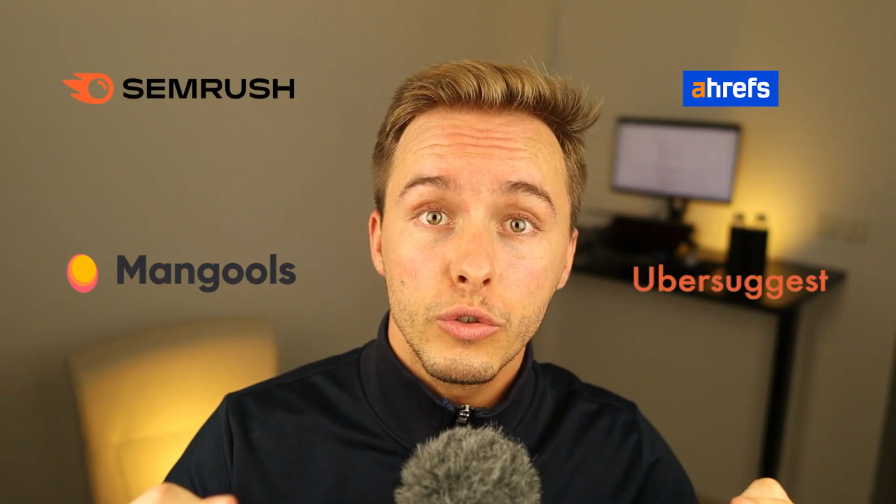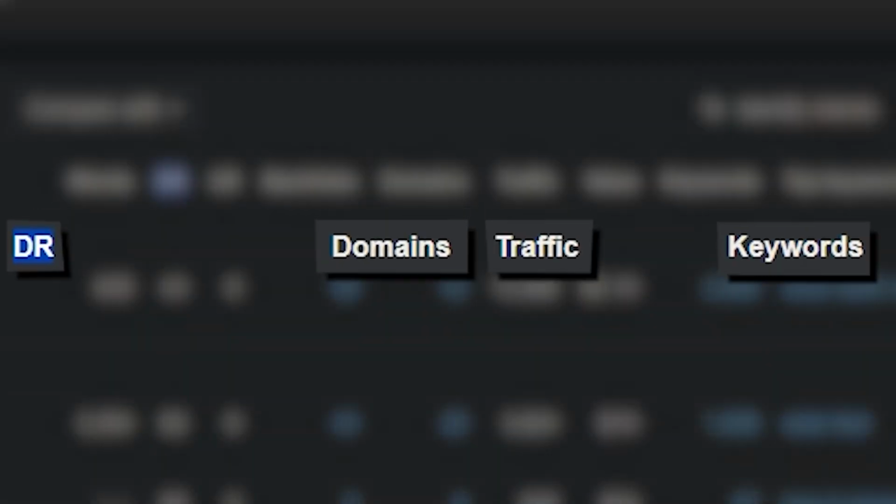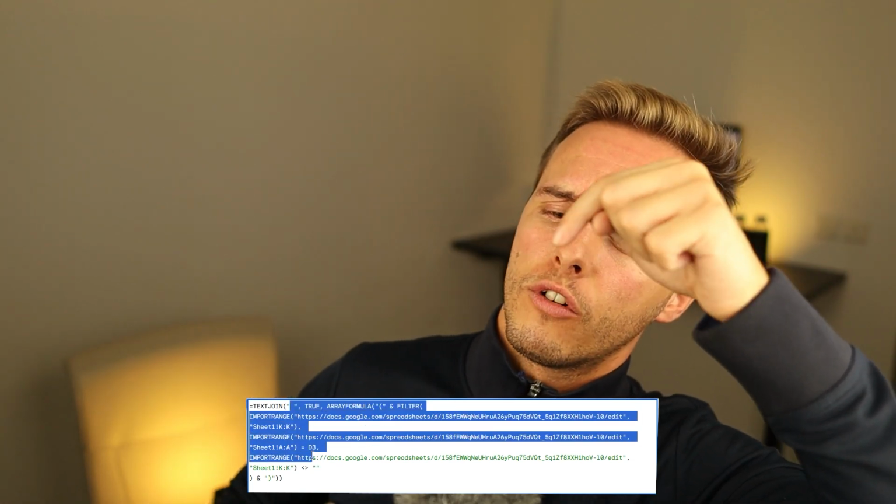We all know SEO tools give you a nice and simple difficulty score when you search a keyword, right? Well, you need to make sure that you never use it. Why? Because it's trash. It's simply not true. Instead, what you have to look at is these 4 things and use this crazy looking formula,